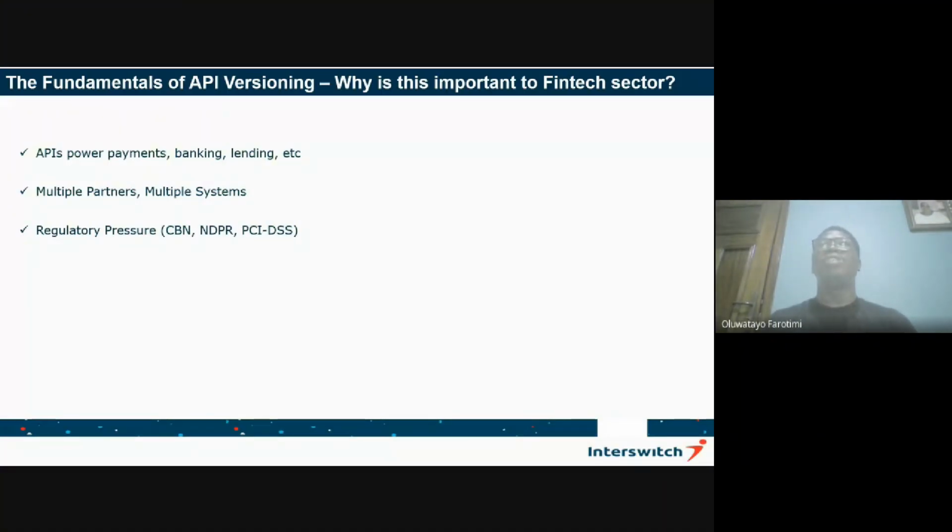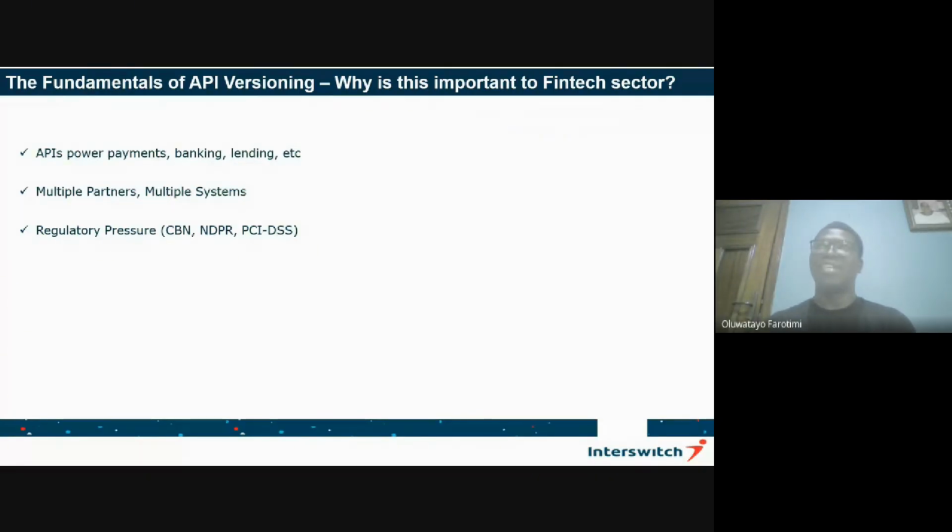Then the next one is regulatory pressure. Now, I'll give an example. Back in the day, when we went to a bank to open an account, there was no mention of BVN. You just go to the banking hall, and they ask you for just regular KYC, just like Betty asked, what's KYC? Know Your Customer. And what do they ask you? As an individual, they probably just ask for your first name, your last name, and whether you have a means of ID card. You provide that. They ask you for your house address. You have a utility bill that you can also use to back up that this is where you stay. So you provide all of that as a basic requirement for an individual who wants to open an account in the bank. If I'm not mistaken, about 8-9 years ago,